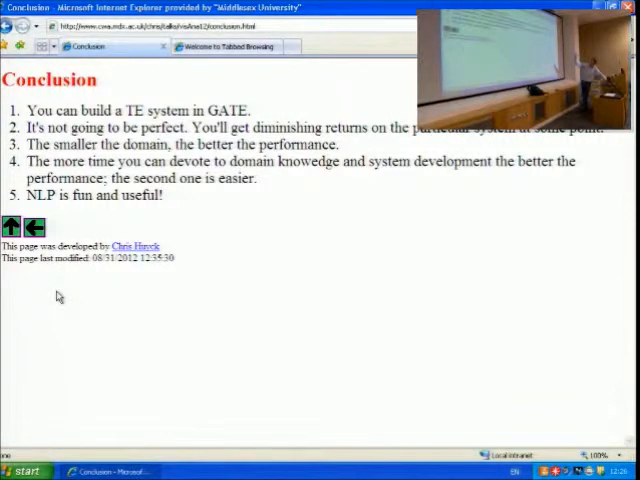And this is important. The second one is easier. So if you use Gate to build a TE system, right, it'll be a pain in the rear. Right? But when you build the second one, it'll be a lot easier. Yeah? I expect it to be the same if you're using some other application and there's probably some other middleware. And I didn't really make this as clear as I would have liked to in this talk, but